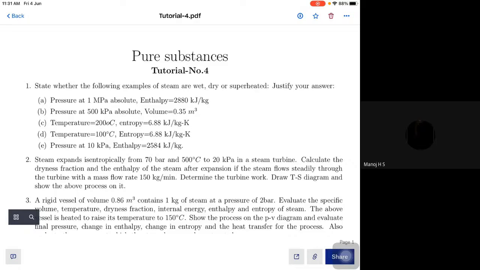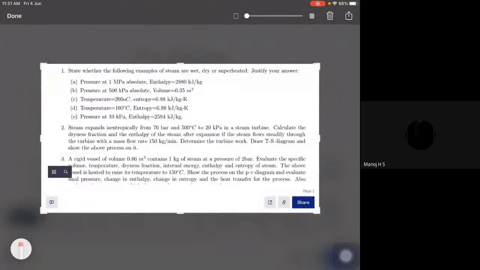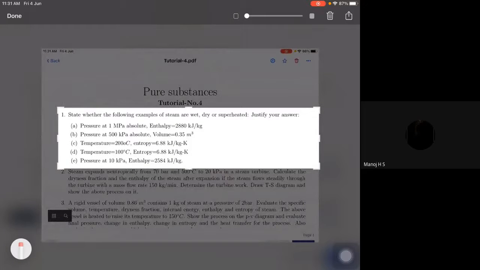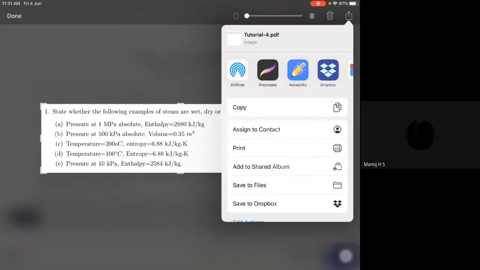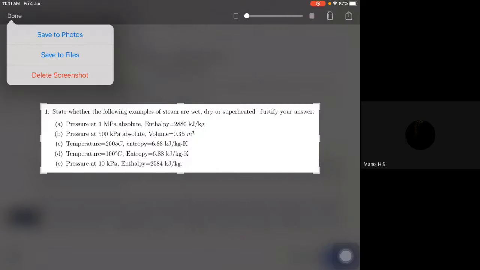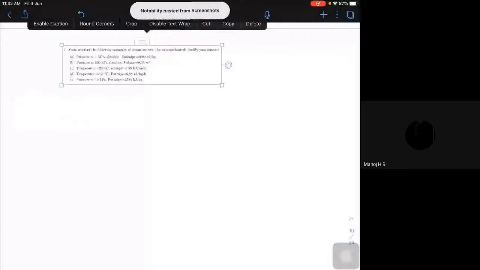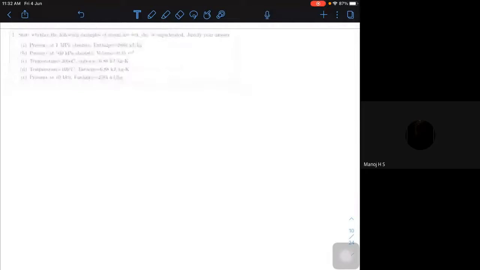Let's take the first tutorial, first numerical. Everyone, please open your steam tables, if you have them with you. It's a very simple problem. We'll try to understand all those things. Please open your steam tables. First numerical. I am expecting answers from your end. You people will be posing the question, and the answer should be from your end.